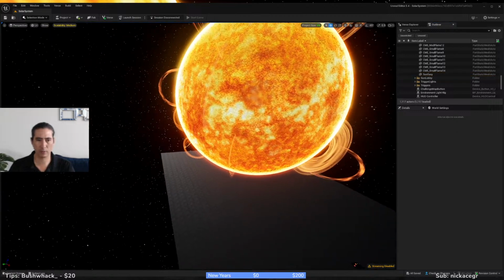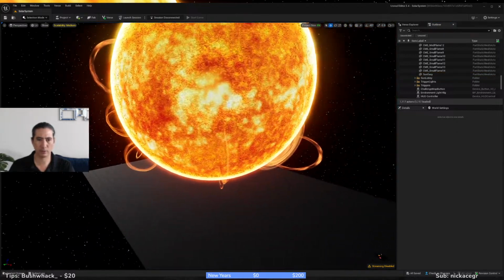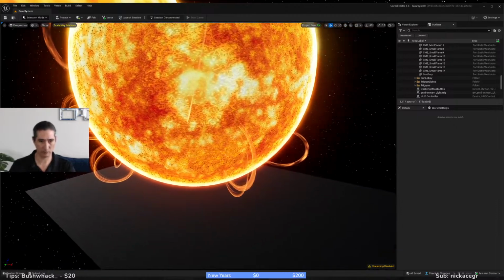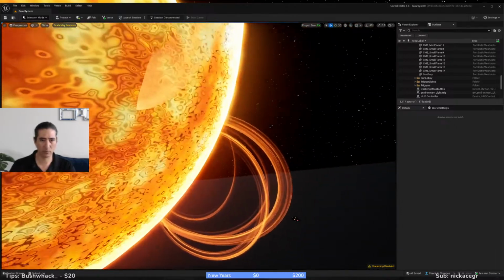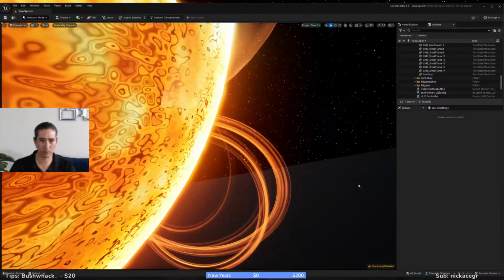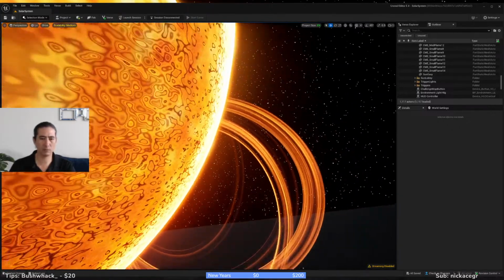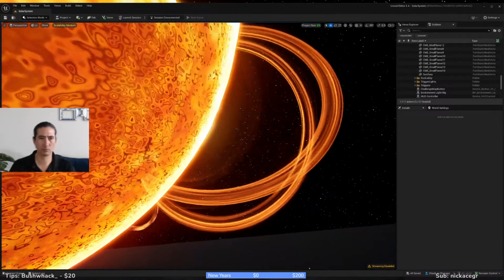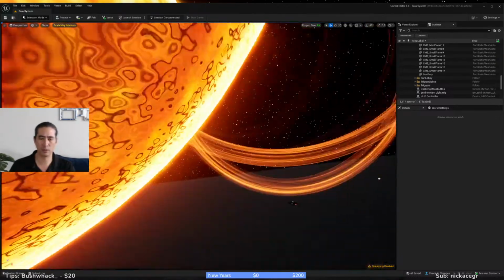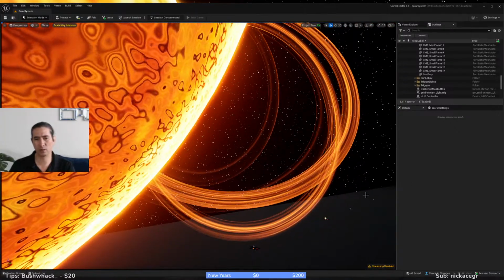Different model, but has the same flares, CMEs. Literally copy pasted this thing. It doesn't seem to have the same problem. Or I'm just not seeing it. Yeah, I think it's fine.